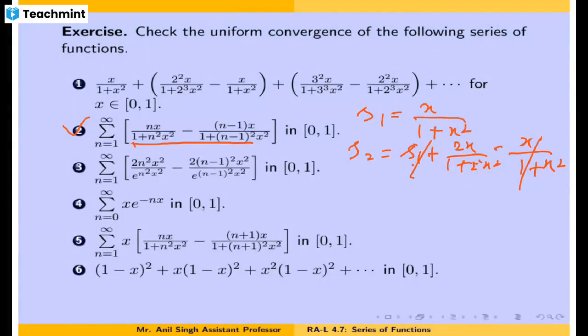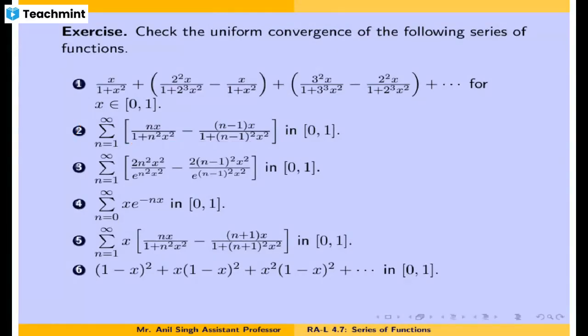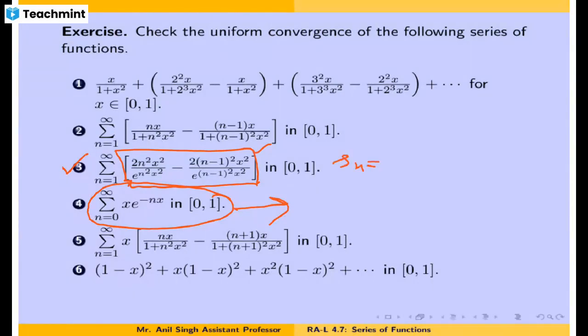तो यहाँ भी आपके पास सीक्वेंस ऑफ पार्शियल सम्स बड़ी आसानी से मिल जाएगी। तो अगेन आपको उसी सीक्वेंस को चेक करना है वेदर दैट इज यूनिफॉर्मली कन्वर्जेंट और नॉट। ठीक है, नेक्स्ट सीरीज में भी एग्जैक्टली वही होगा, यहाँ भी आपके पास कोलैप्सिंग सम्स है, क्योंकि सीरीज की कन्वर्जेंस के लिए आपको पार्शियल सम्स की सीक्वेंस मिलनी चाहिए, और पार्शियल सम्स की सीक्वेंस आसानी से मिल जाए तो you will be able to easily check whether the series is uniformly convergent, in which sense it is convergent, whether it is pointwise convergent or it is uniformly convergent। तो इसमें आपको देखना पड़ेगा, क्योंकि इसमें आपके पास Sn जो होगा, Sn will be x